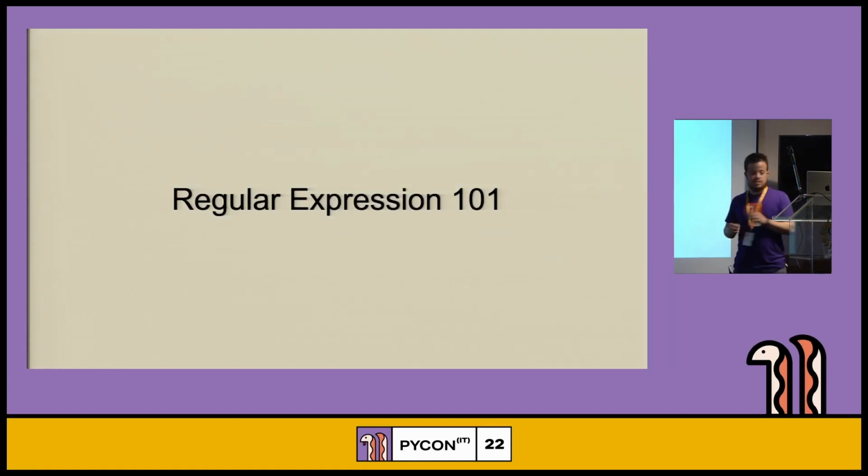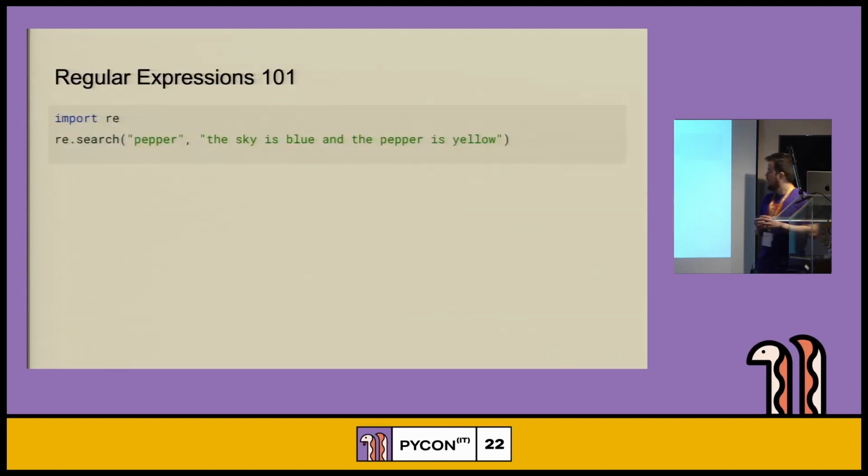So first, let's do a quick regular expression 101. The regular expression module in Python is the re module. If you want to search for a word or a pattern in particular, you can use re.search.